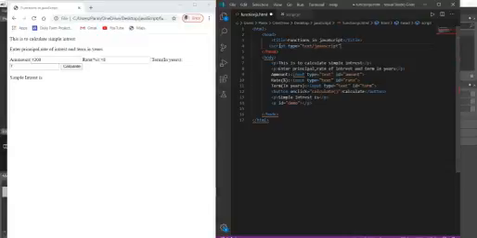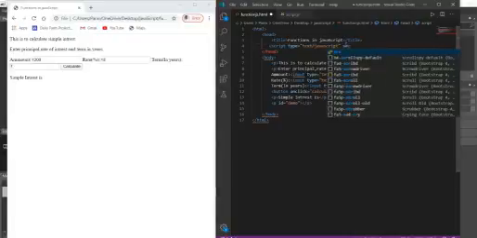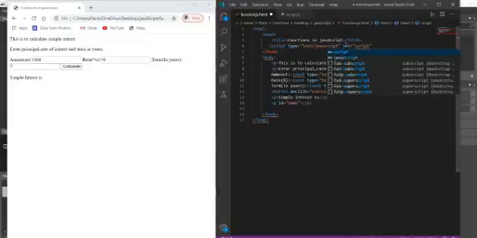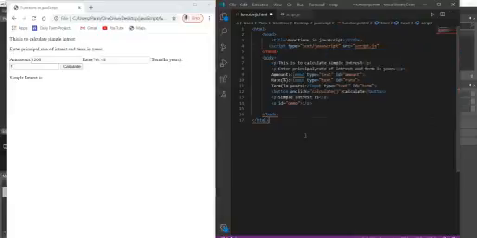Today's latest browsers will understand it even if we don't write this. Then we have to give the source equal to the name of the file, which in our case is script.js. Then we close the script tag. This is not an empty element, it has a starting tag and a closing tag. Save this and refresh it.